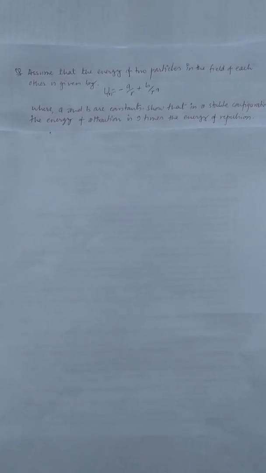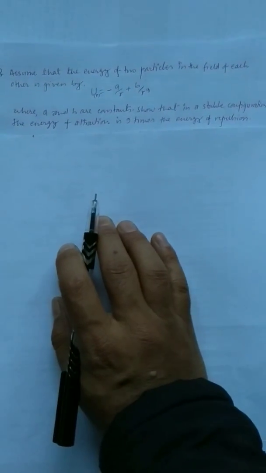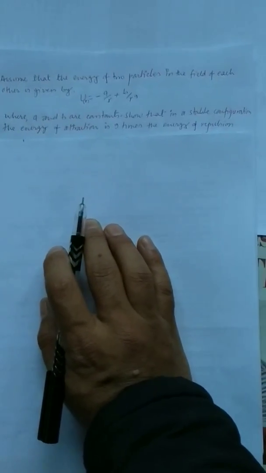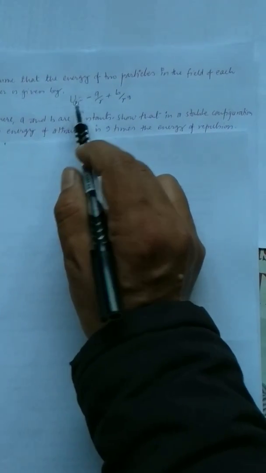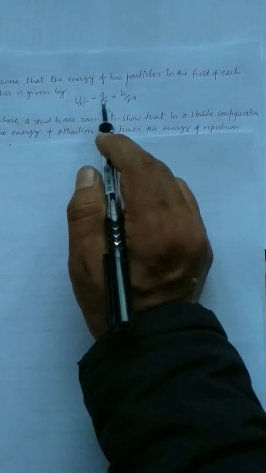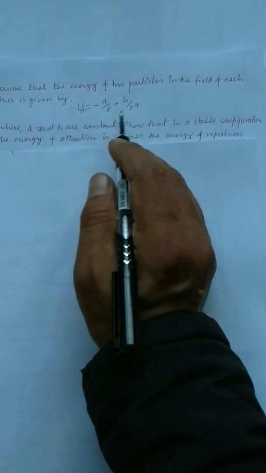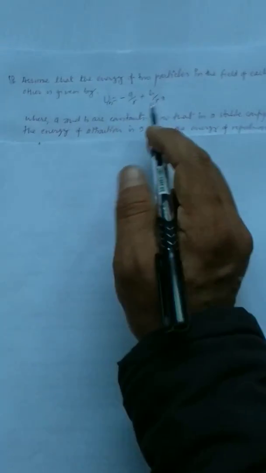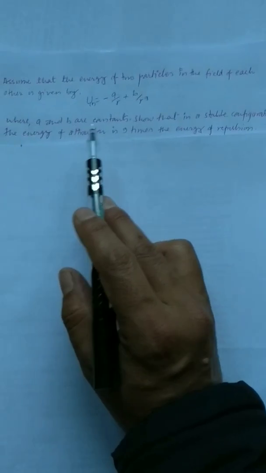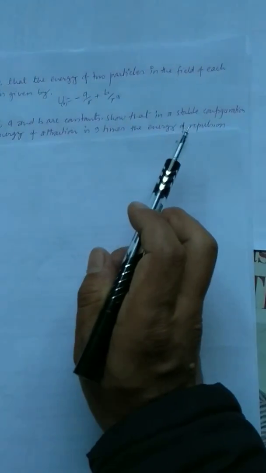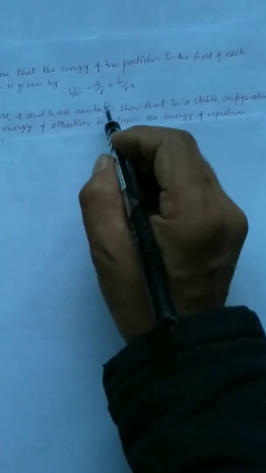Now here is the next sequence, and this sequence we have to rearrange. This is not actually a problem. This says that this is the lattice energy given as U(R) equals minus A by R plus B by R to the power 9. A and B are constants, and we have to show that the attractive energy here in this equation we can see